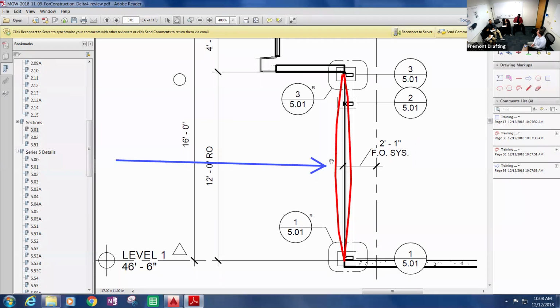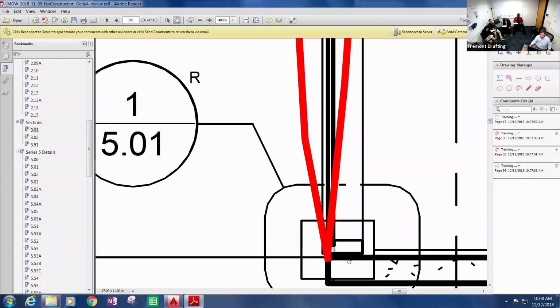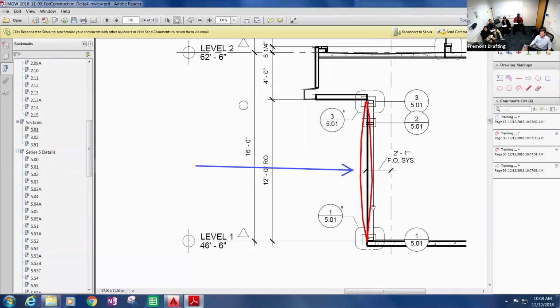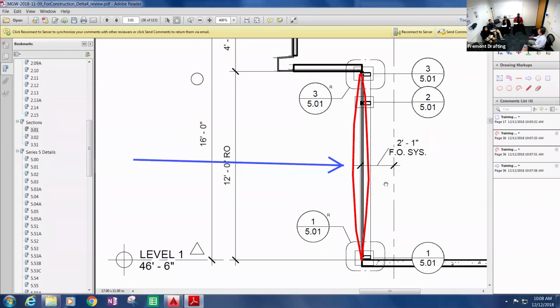The 3/4 of an inch max isn't a metal fatigue issue or anything, it's a glass issue. In this light, it would be similar to this light of glass, from the sill down here at the bottom to the head up here. The glass manufacturers have their own criteria that they add in. In any one light of glass, they don't want that edge of the glass to deflect more than 3/4 of an inch. So that's where the L over 175 or 3/4 max comes from. And so a lot of, if this horizontal in the intermediate,